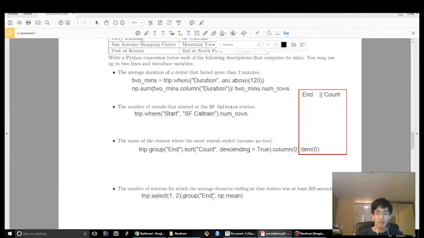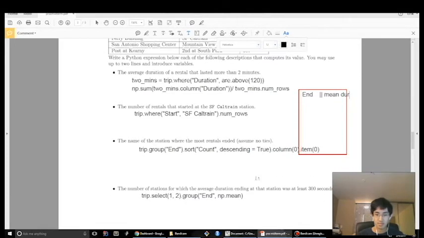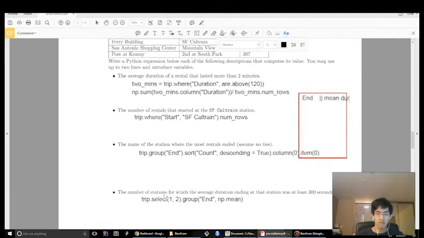Okay, so we've grouped on end stations, and we've taken the average of durations, right? So what our table looks like now is a 2-column table of end, and the mean of duration, right? So now we want to find the number of stations for which the average duration ending at that station is at least 300 seconds, okay? What we can do is grab